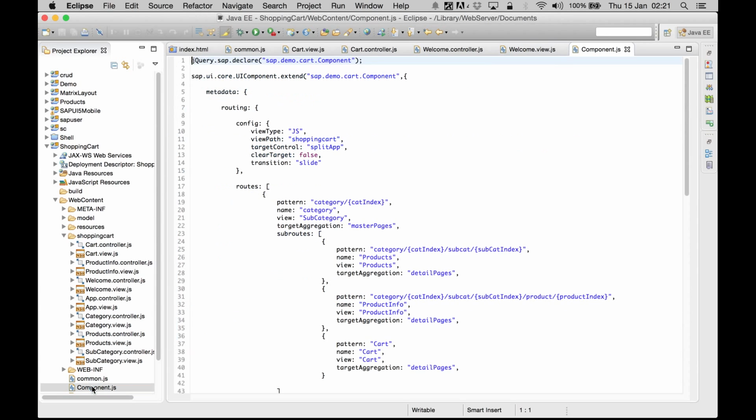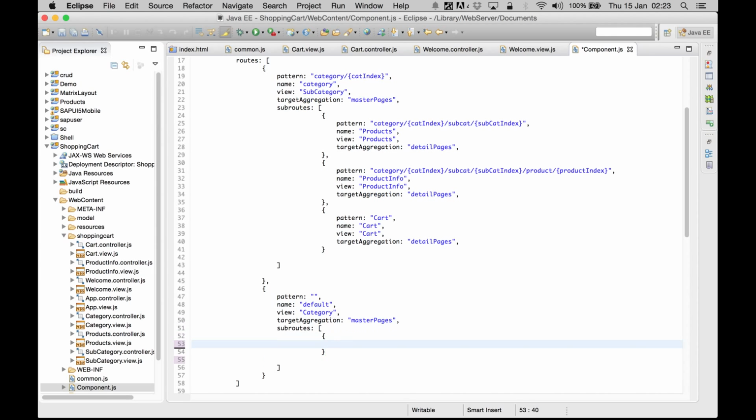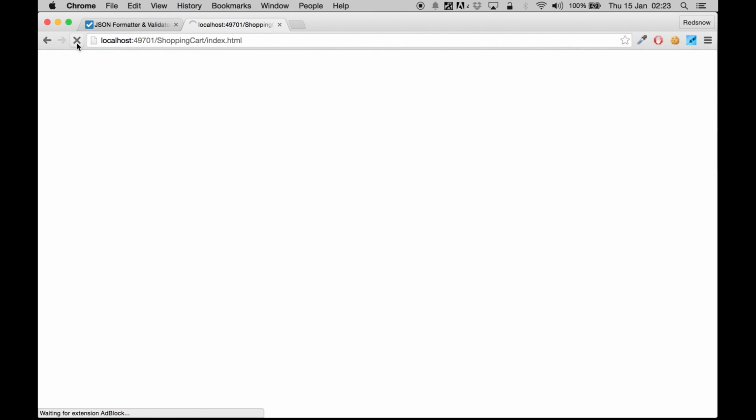So let's get inside component.js, and we are going to display it when we are in the home page. So we are going to add a sub route, and this is going to be an array, and it's going to accept a pattern. We are going to copy this from here. So our pattern is going to be null because in the home page there is nothing on the URL, and we are going to name the pattern as welcome, and if the name is welcome, it is going to display our welcome page inside our detailed pages. And now if we refresh this page,